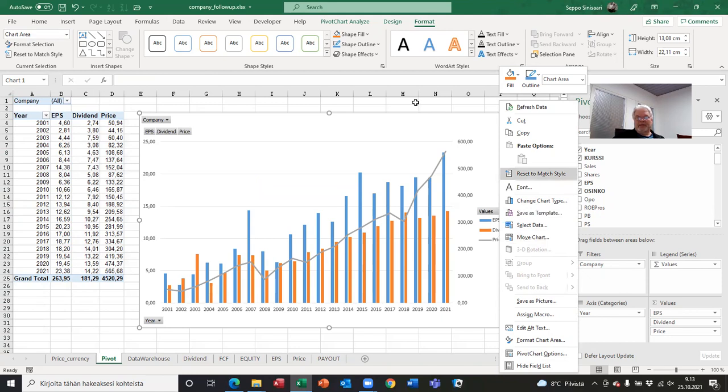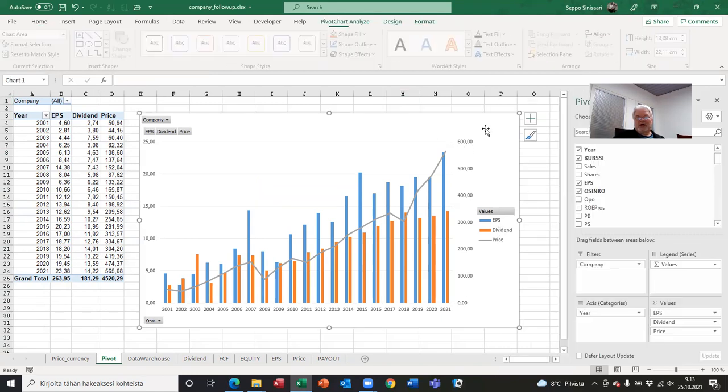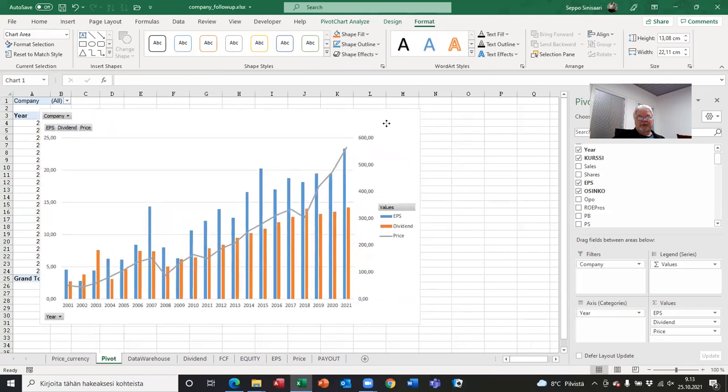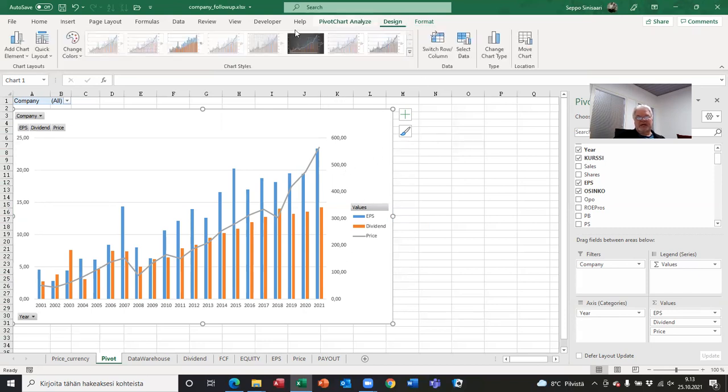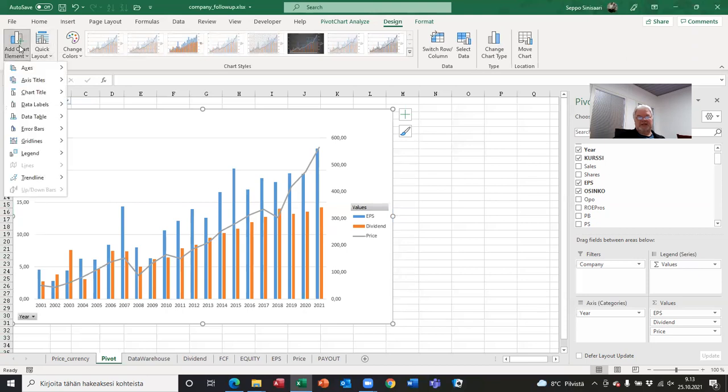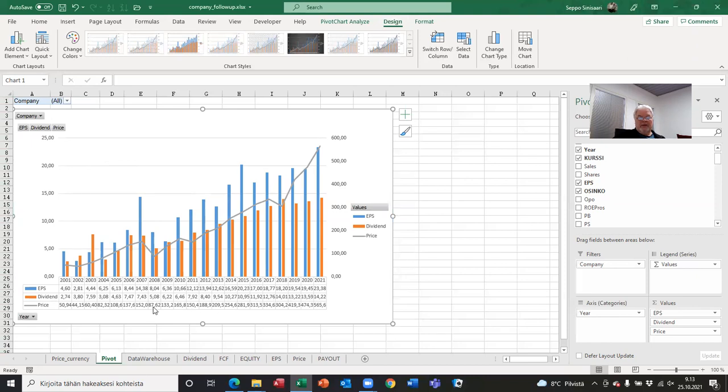So I prefer having it on the same sheet, and one solution is to put the chart so that the pivot table is not shown at all. And then I can put the pivot table information when I select design, add chart element, data table,